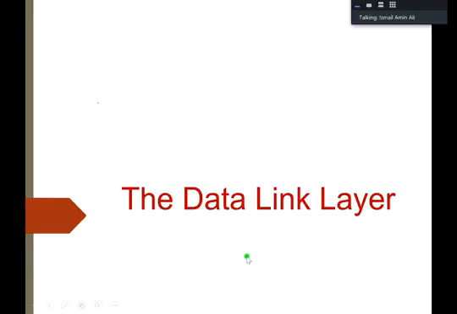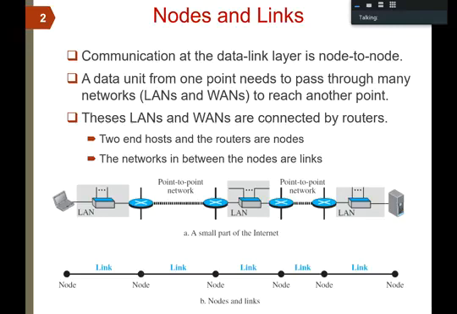So today's lecture is about the data link layer. As we said, the data link layer is the second layer in the TCP/IP protocol suite. In the data link layer, the communication is node to node. So if we have a data unit that we want to send from this node to this node, for example,